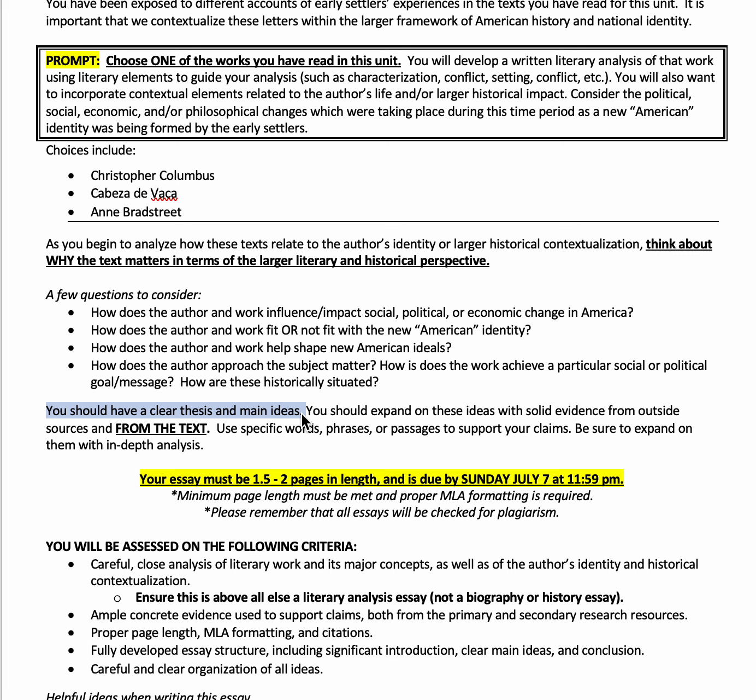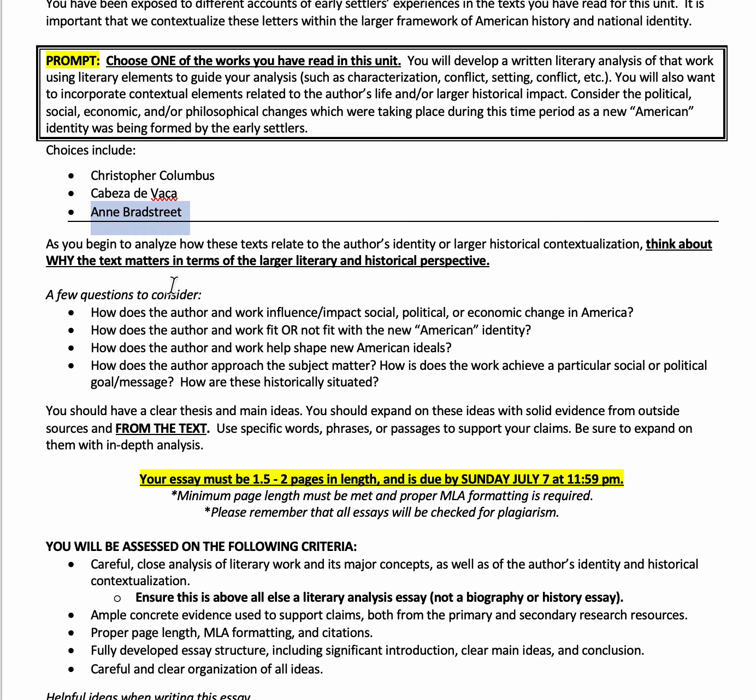Your body paragraphs should have clear main ideas and good analysis around the text, supported by specific evidence from the text. What that means is you're pulling in specific words or phrases from the text that show your audience what you're talking about. So for example, if I'm talking about Columbus and how he uses personal pronouns throughout his argument to make it very centric to himself, I would pull in a couple of quotes that show the audience where he's using the words "I did this" or "this was my idea" or whatever it might be.